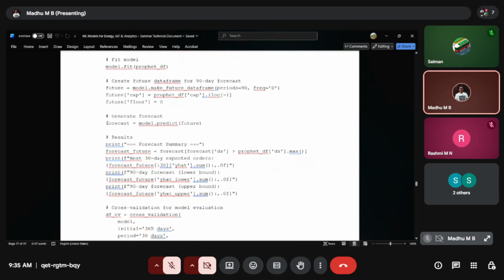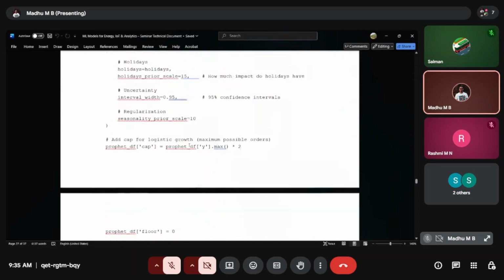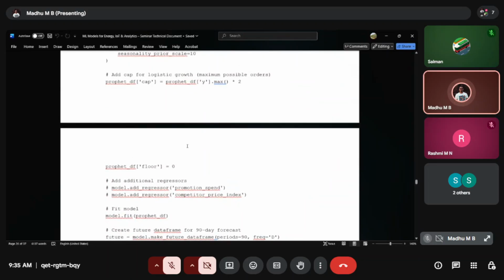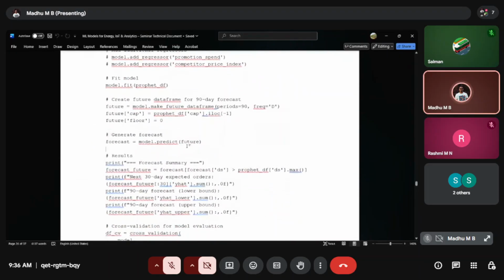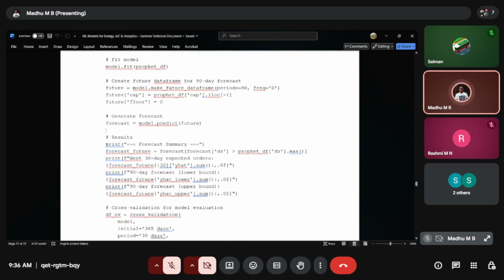And also, this is just a simple code snippet where we are trying to import the library and feed the data, and everything will be given as output. But if you're really interested, you have to go into the algorithm, that is the Prophet algorithm, and try to study it. In this code snippet, in the simple way, I am importing the CSV file, giving the tags, getting the output, and just printing it.